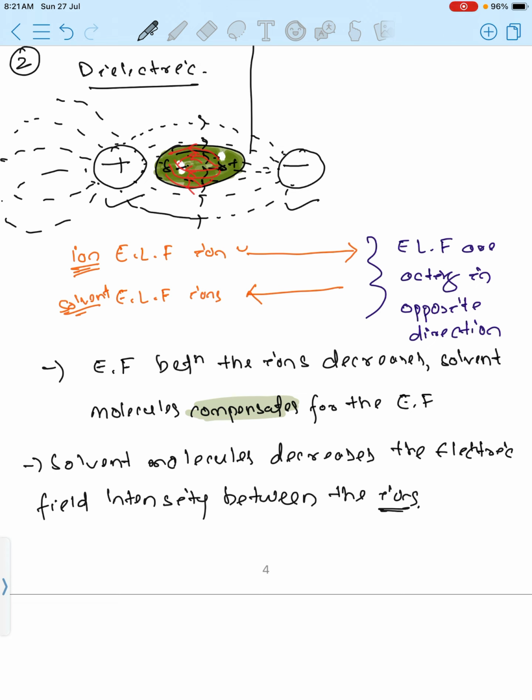Therefore, if the electric field intensity decreases, what would happen to the electrostatic forces of attraction? Obviously, the electrostatic forces of attraction between the oppositely charged ions would decrease,